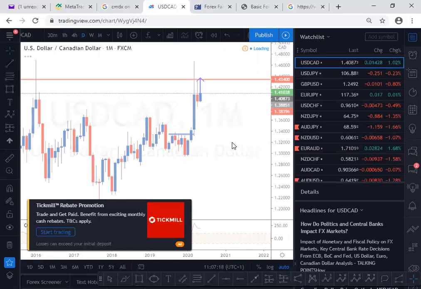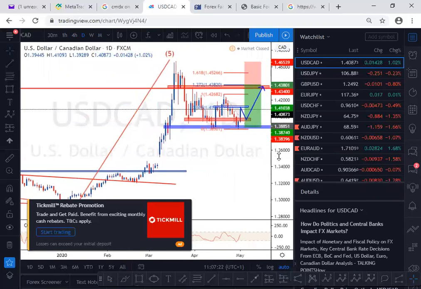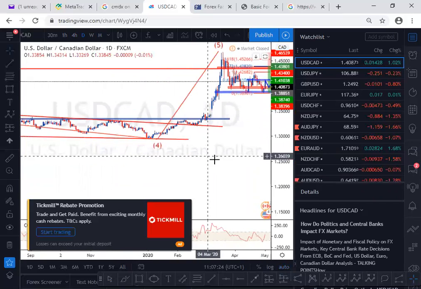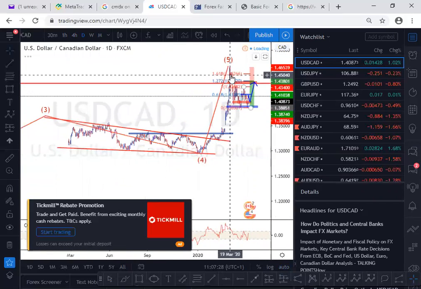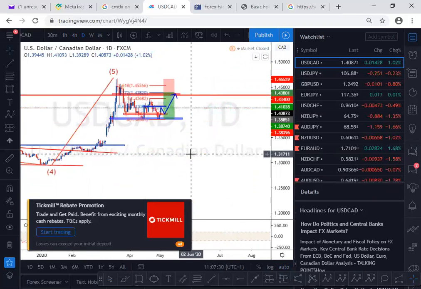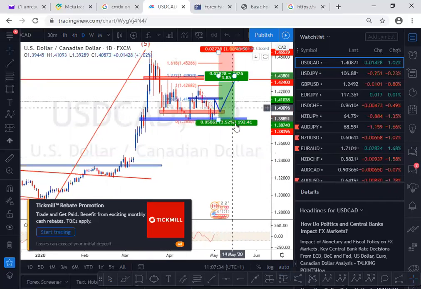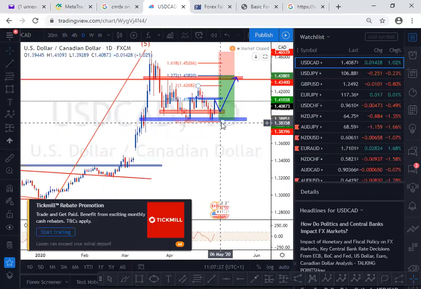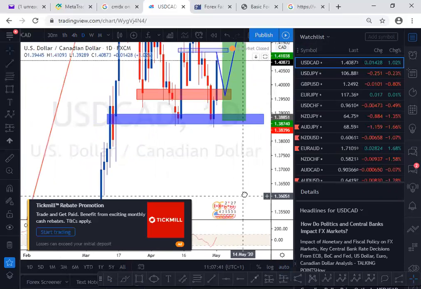I know some students that follow us captured this big move to the upside, because at this point we had this expanding diagonal as our wave 4 and a massive push to the upside. That was a massive, massive push. And what I spoke about is that I want to be seeing a correction back to at least the wave 4, after an impulse to the upside.